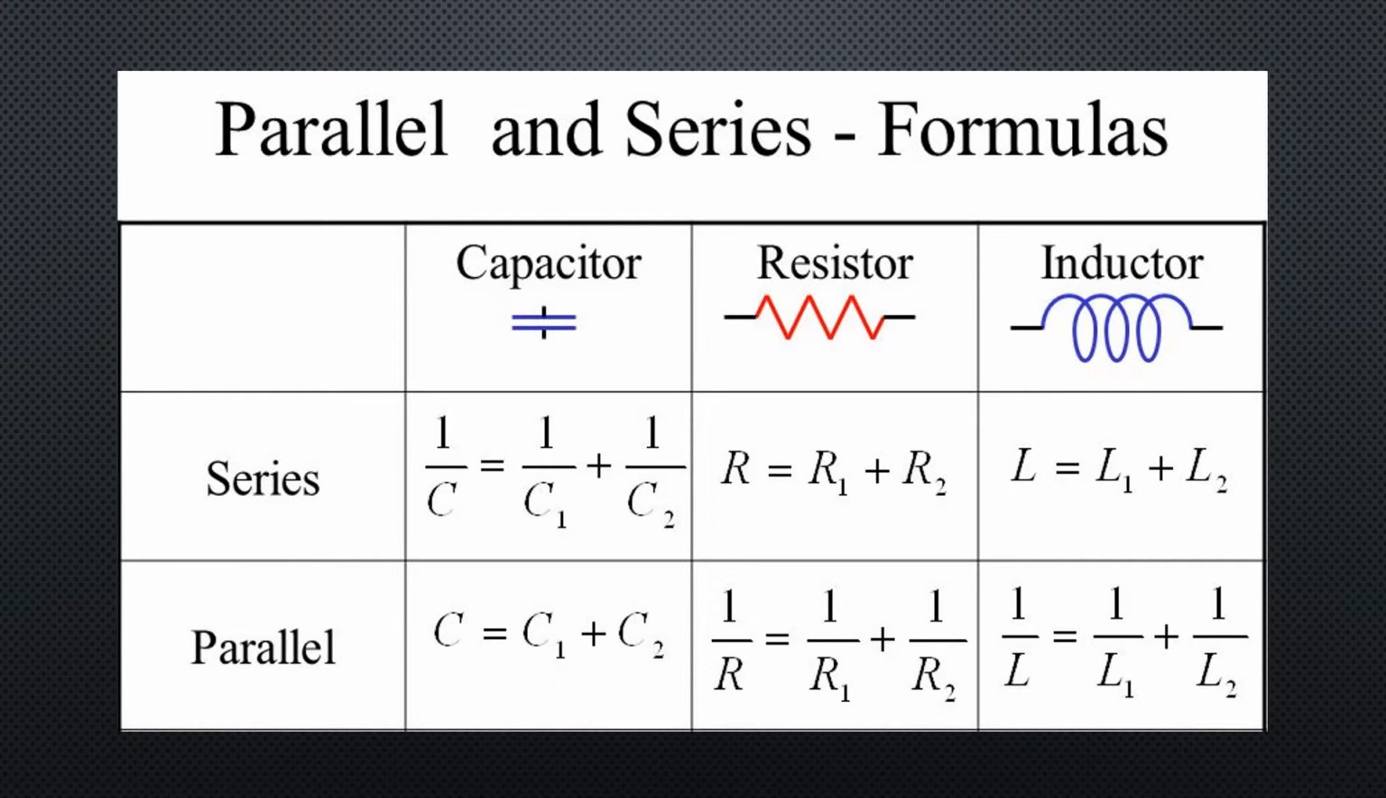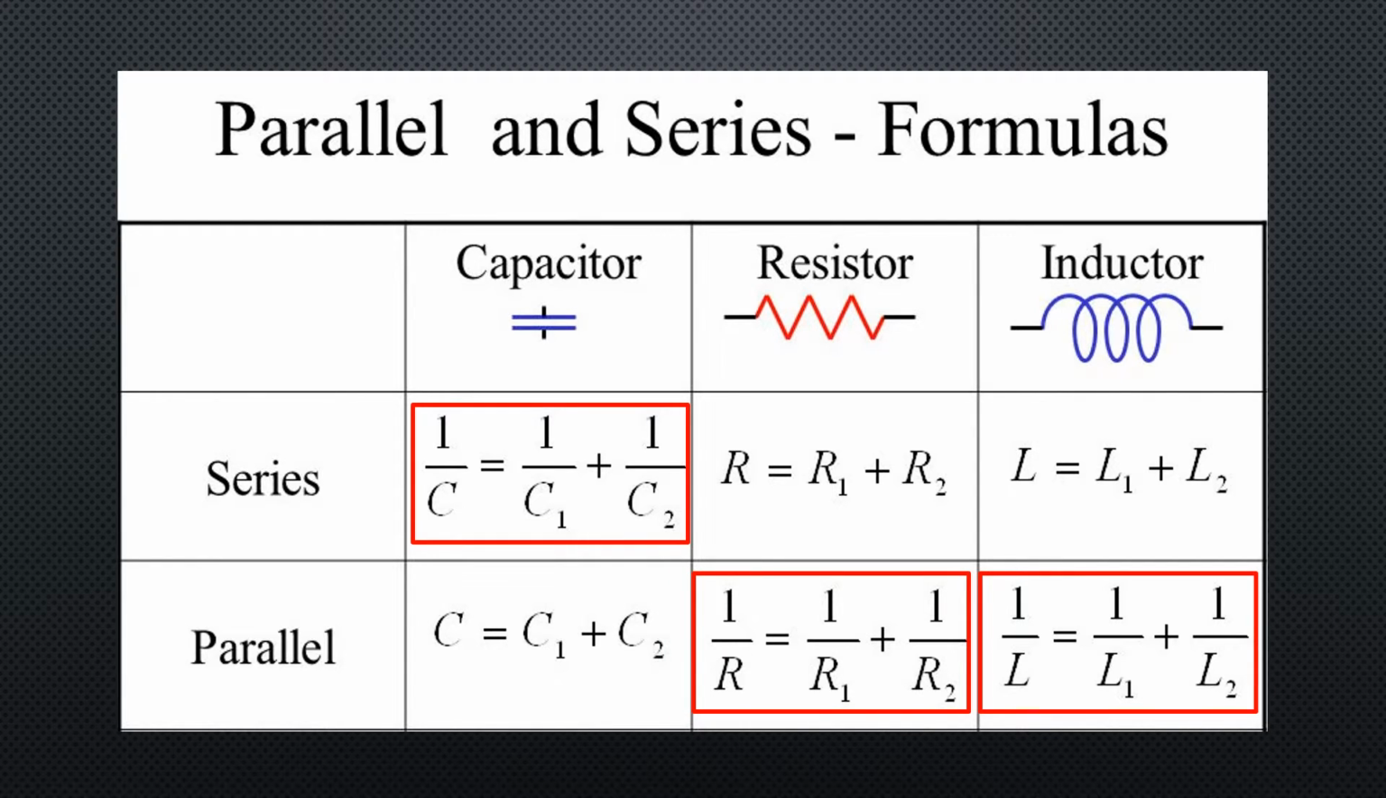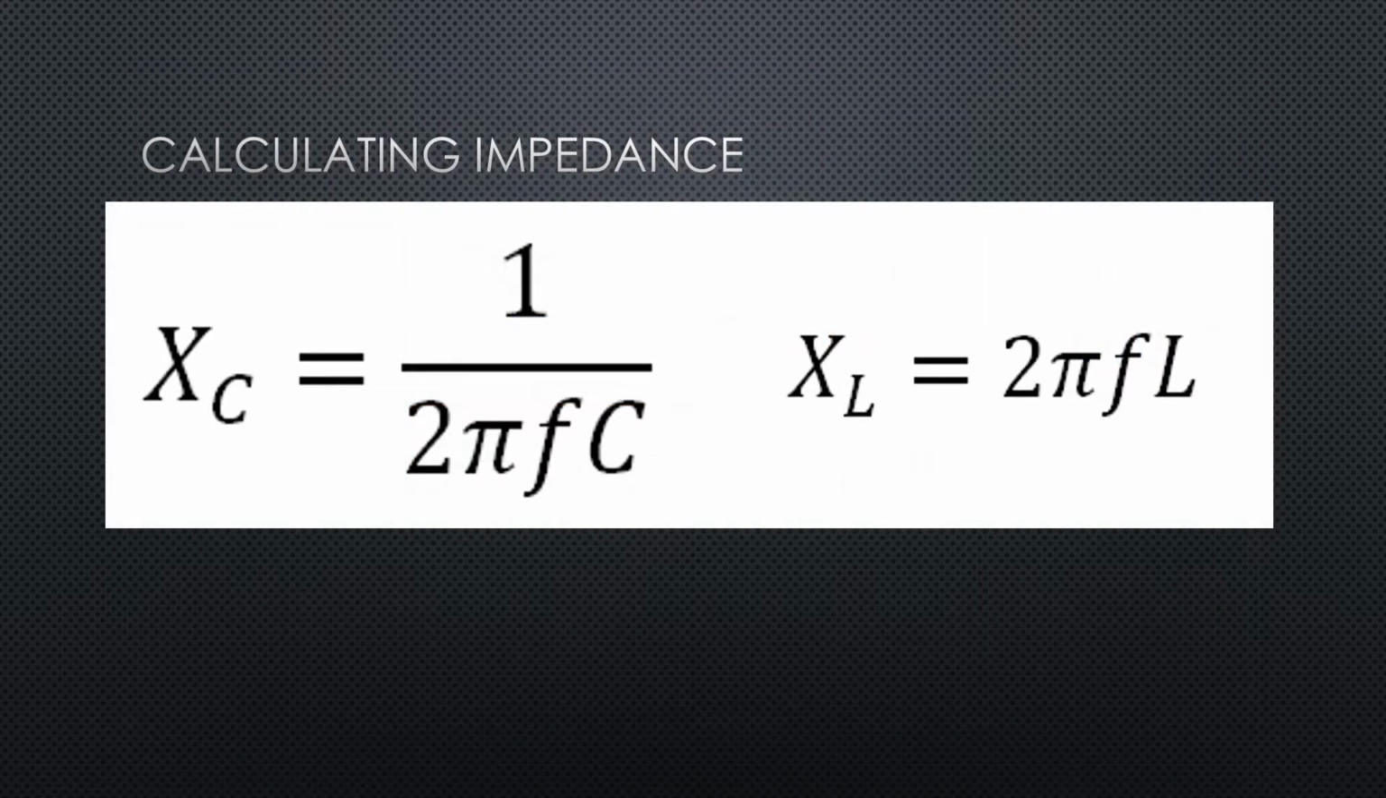For a series circuit, resistors and inductors are simply added together, whereas capacitors must be added using the formula shown. For parallel circuits, however, capacitors can be simply added, and the resistors and inductors must be added using the formulas shown. Once the circuit is simplified, the impedance of each circuit component must be calculated, and then the total circuit